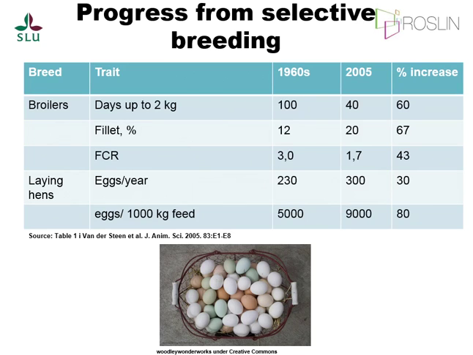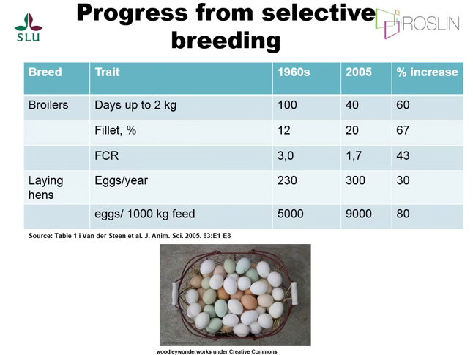Likewise, for laying hens, in the 60s, a laying hen would lay about 230 eggs per year, and we've got that up to more than 300 now. But again, more impressively, in terms of efficiency, 1,000 kilograms of feed would give you 5,000 eggs in the 60s, and that's almost doubled to 9,000 now. So when you have this quite impressive selection intensity on production, of course there are going to be